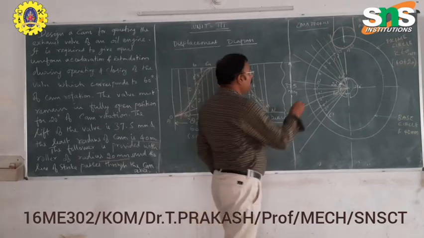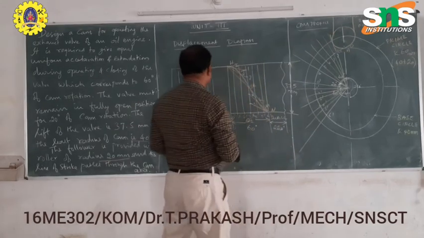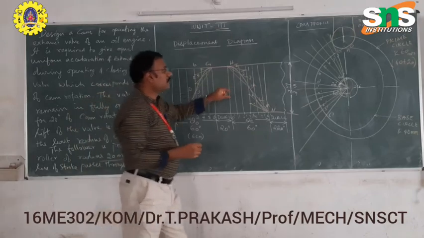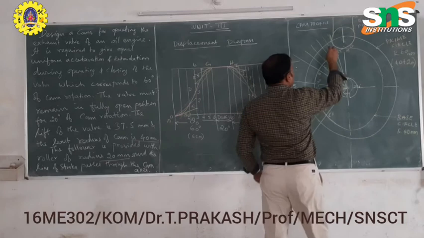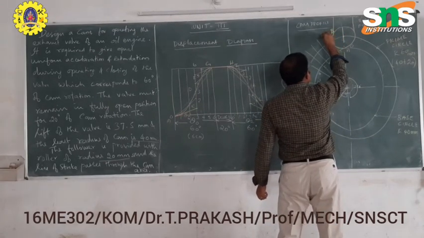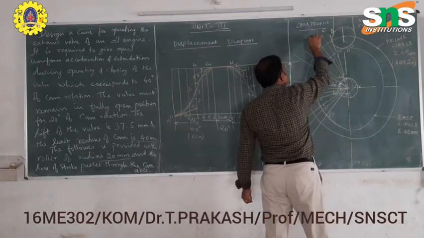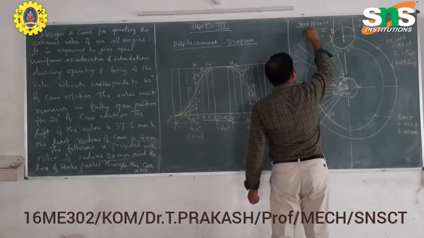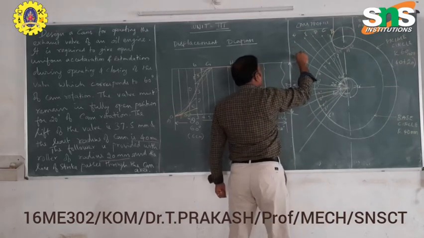Now from the prime circle we mark the distance. Then only we can draw the roller very easily. Measure each and every distance here, and mark from the prime circle to draw the rollers easily. From this prime circle, I am marking the B point, C point. You project the lines, extend the lines, D, E, F, and G.